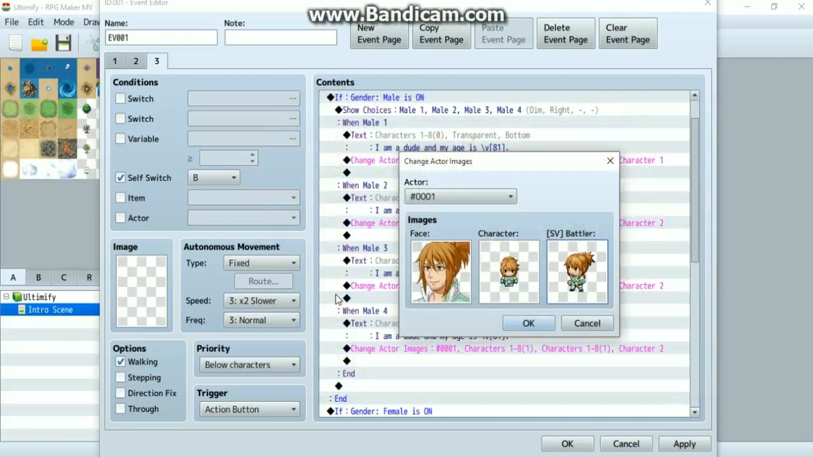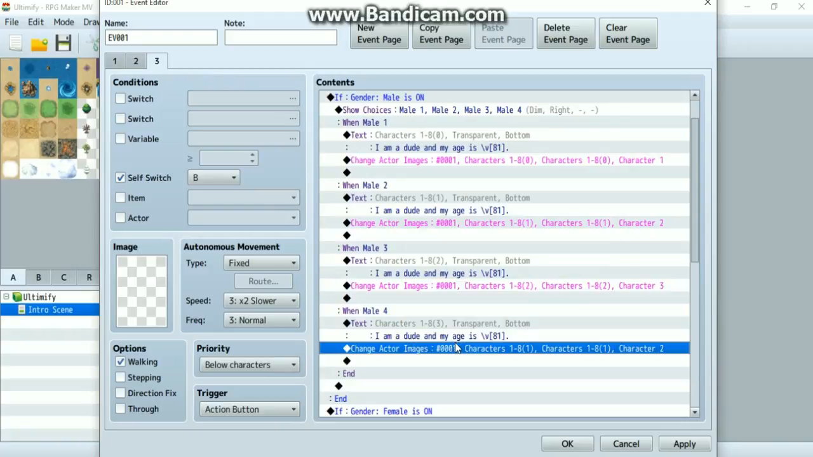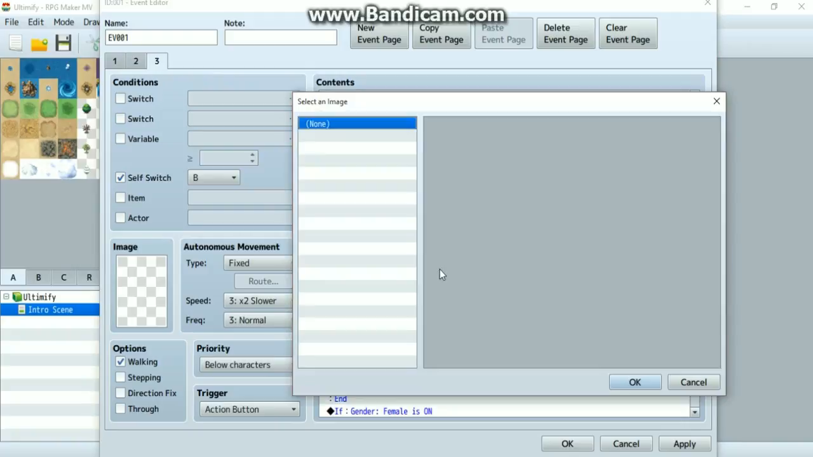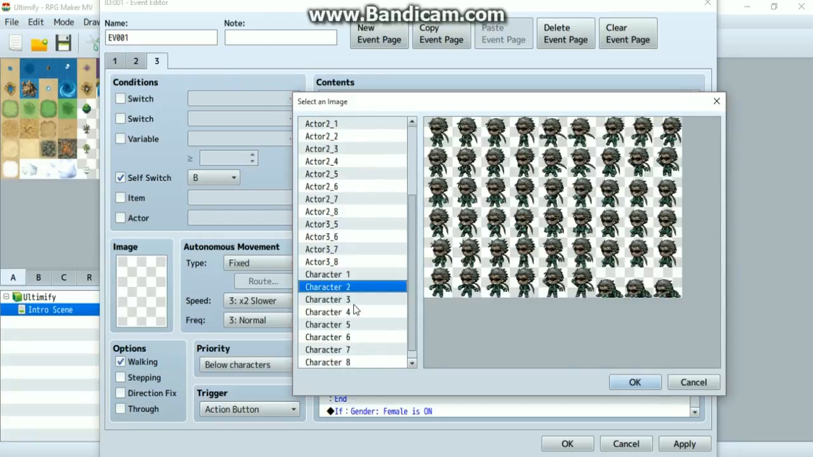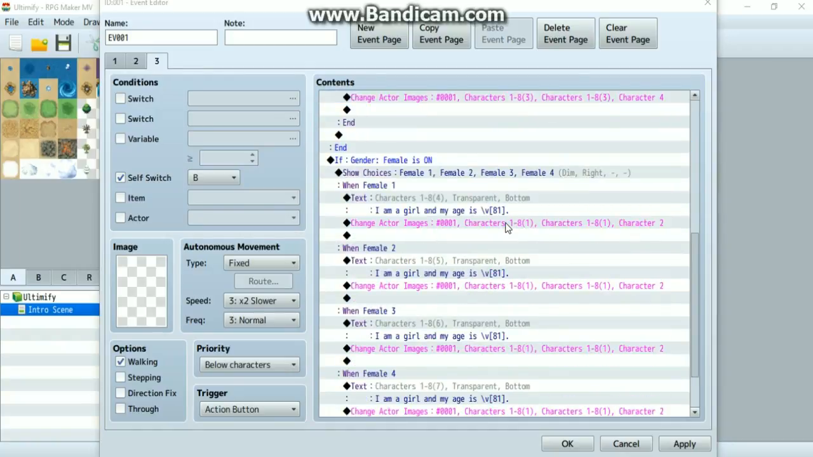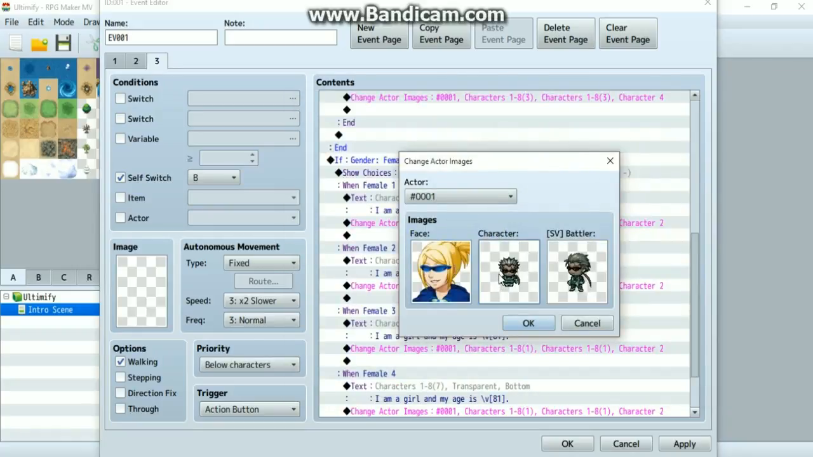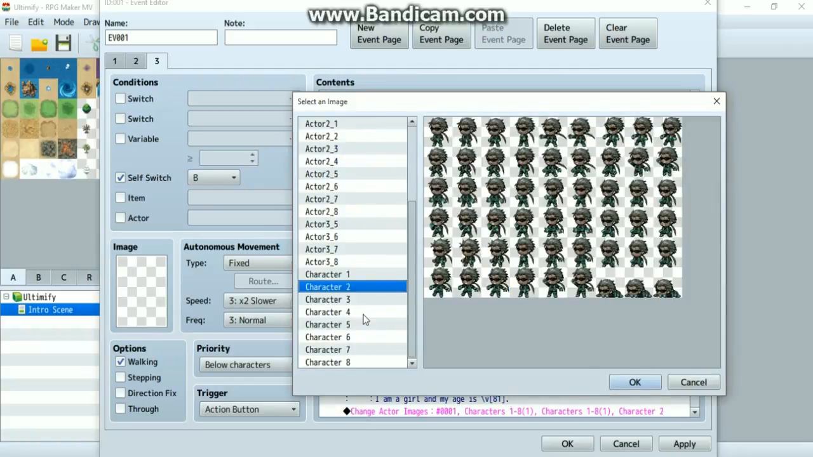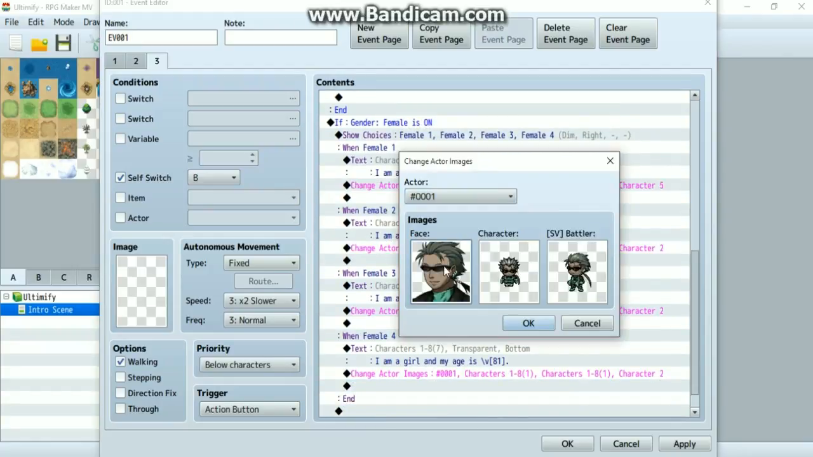Character 3. And then we got character 4. Alright. Character 5. And then after this,